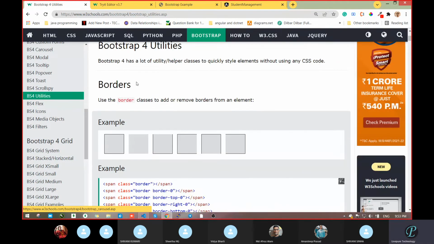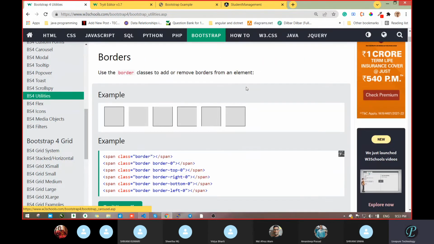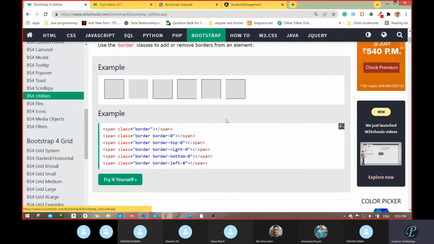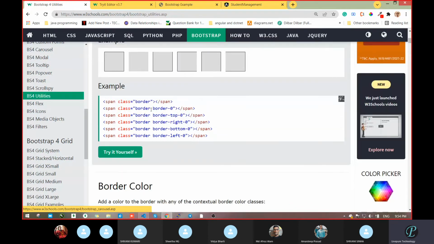What is it going to do? Here we are going to create the border. Like a CSS property, we can add a border here. So how can we add it? We just take the class border. Due to the border class, we get the border. But we do not want a border on all sides. Like margin and padding, where we take P for padding and T for top, meaning PT, here also we can take that. So we can take border.